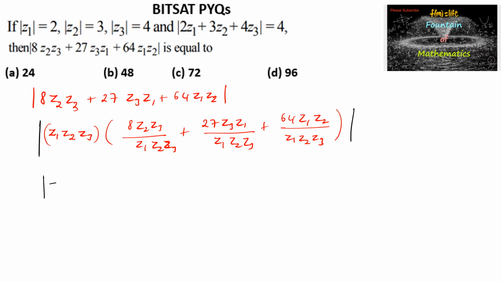So we can write mod of z1 z2 z3 into mod of 8 upon z1 plus 27 upon z2 plus 64 upon z3,